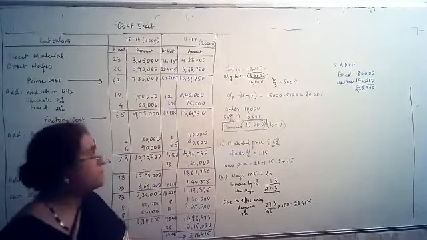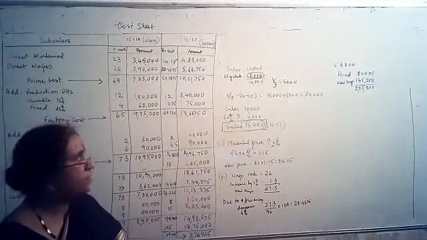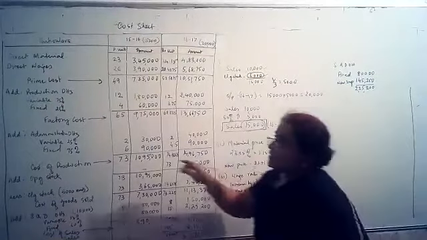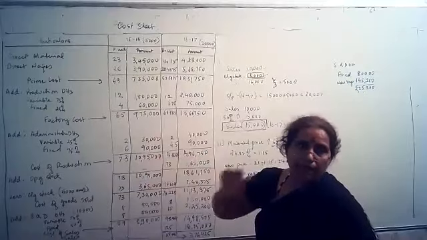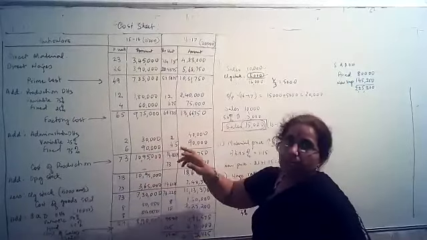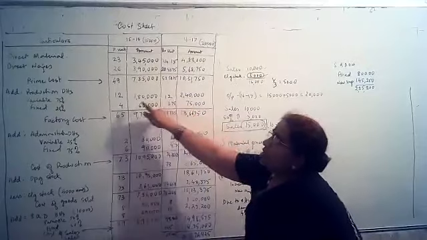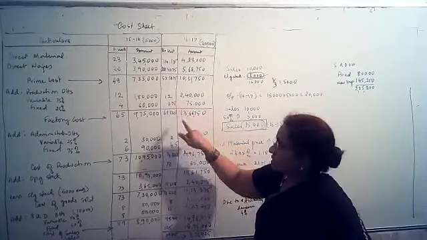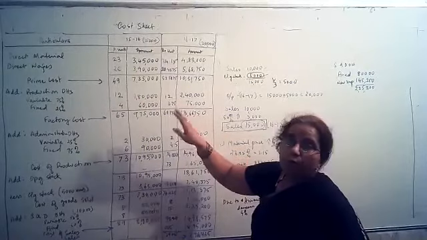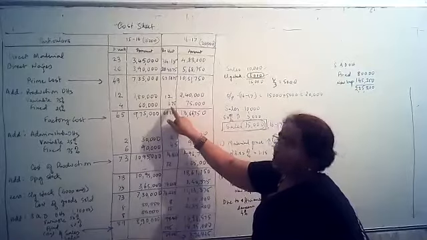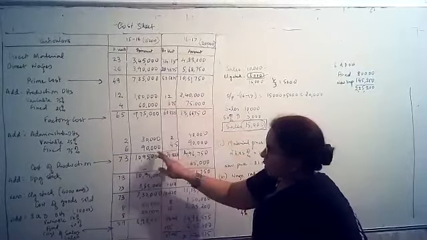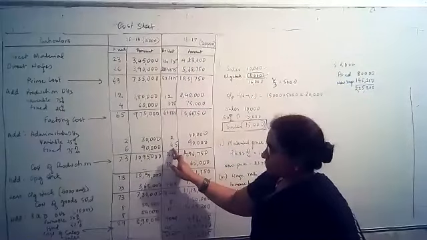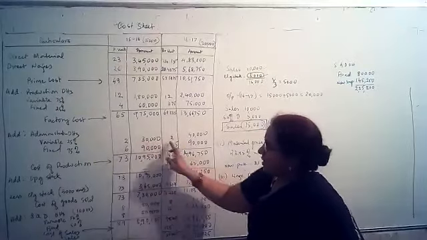What is new in this particular problem? There are three things which you have to understand. In this particular problem, all the overheads are bifurcated between variable and fixed. Variable will not change per unit. You should write the same. However, fixed will keep changing, because depending upon the number of units you are producing, it will change. Per unit will change, but not the amount. Look at 90,000 is same, but 90,000 divided by 20,000 is reduced here. Whereas 2 rupees is same, variable portion.